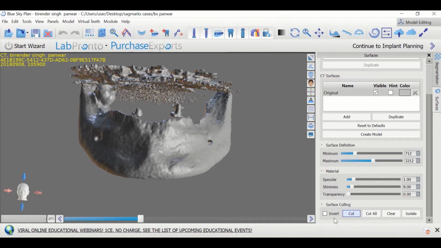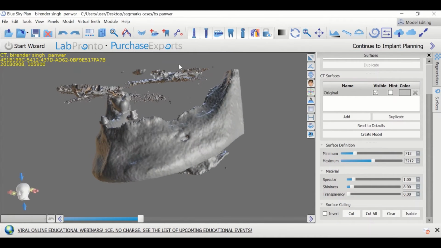So just select this cut option and hold down shift key, go around this. This is how it will cut the extra data in it. Sorry, you can always go back with a Control C and select this rotation option, and then